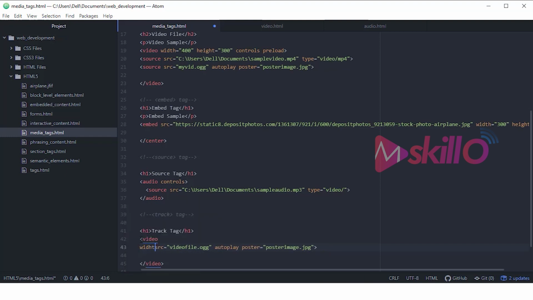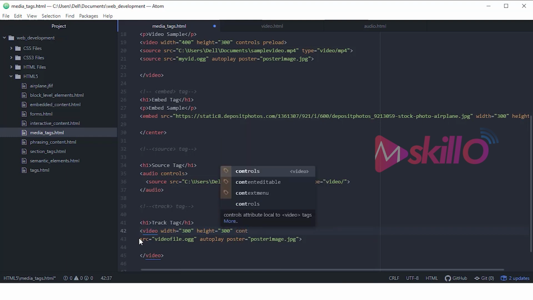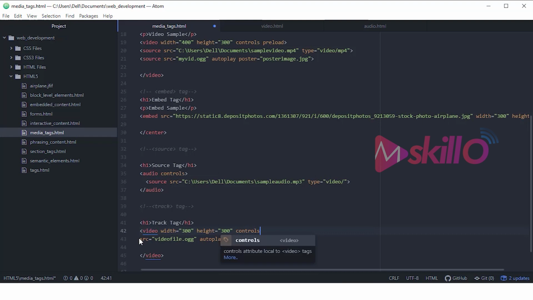So let me first say width is equal to, let's say, 300. Height is also 300. Controls,